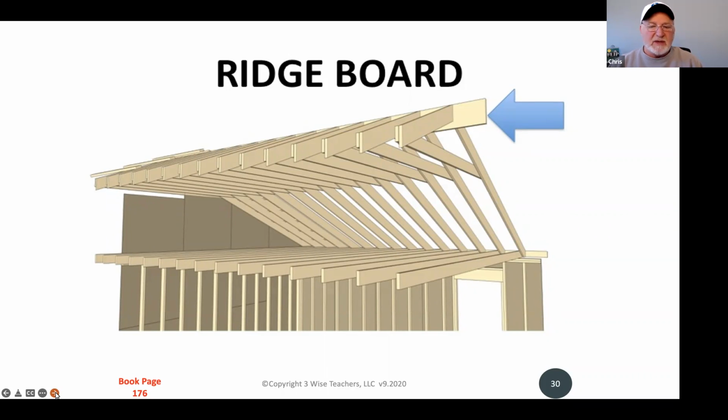If I were to be tested on this, the question historically has been something like this: the highest wooden structure on a home is known as the what? Well, it's the ridge board, because you can see it's right at the peak of the roof in this particular case. So ridge board or ridge beam, the highest wooden component of the house.